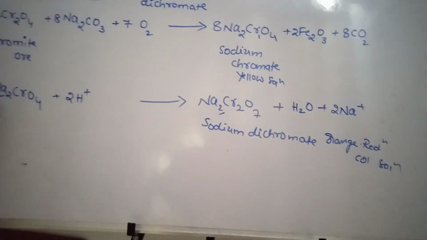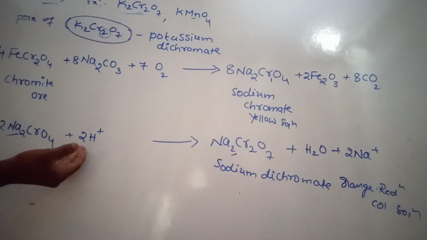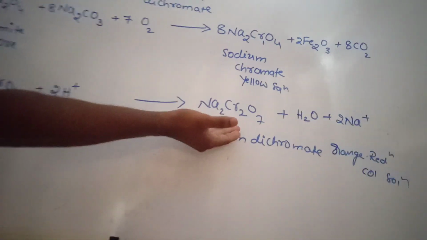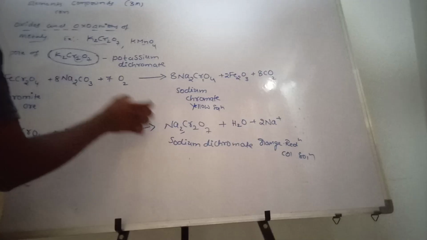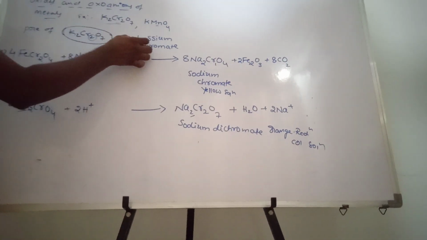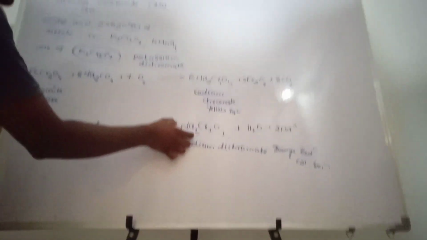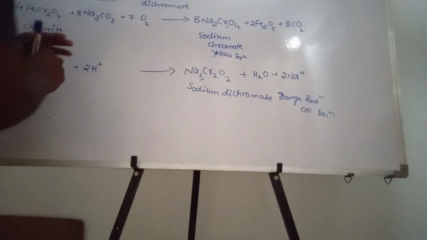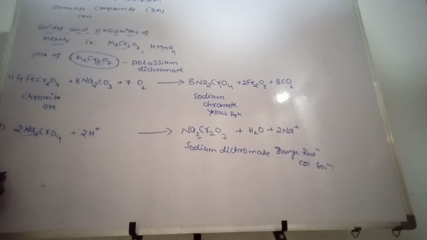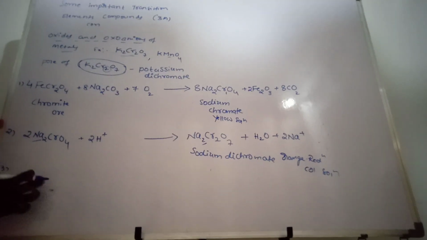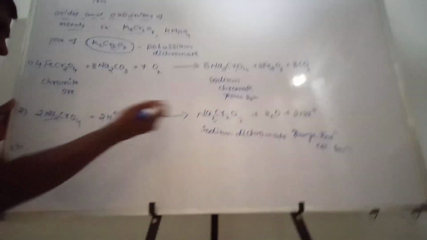In the second step only 2 moles you have to consider in the presence of acidic medium. What do you want to do? Prepare K2Cr2O7, same as it is you will write here, but with a small modification, sodium in place of potassium: Na2Cr2O7. Before, potassium was there, we called it potassium dichromate. Now sodium is there, sodium dichromate. Next, the third one, this compound you will repeat here. Don't make mistakes. What do you want to write? All that is present here only.